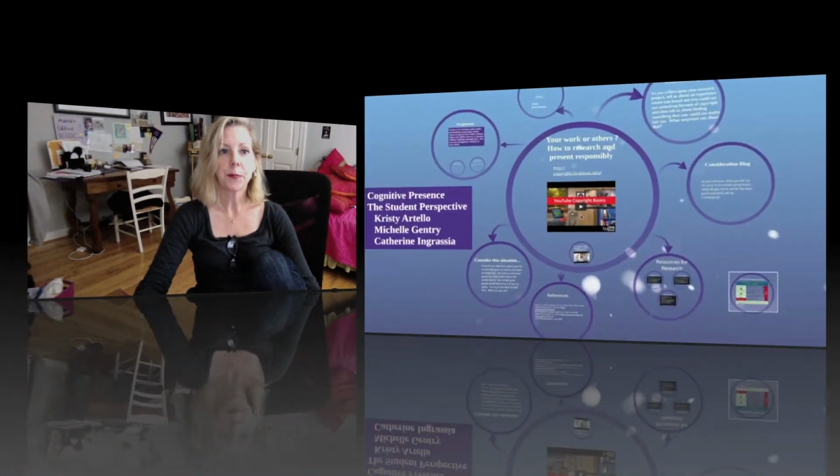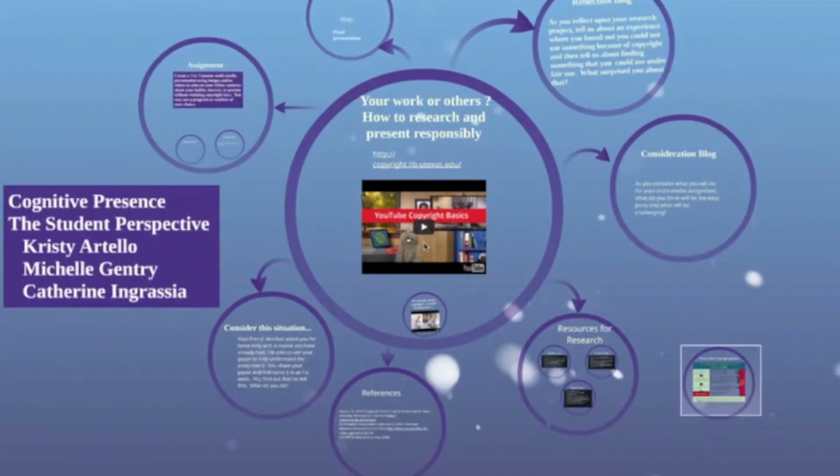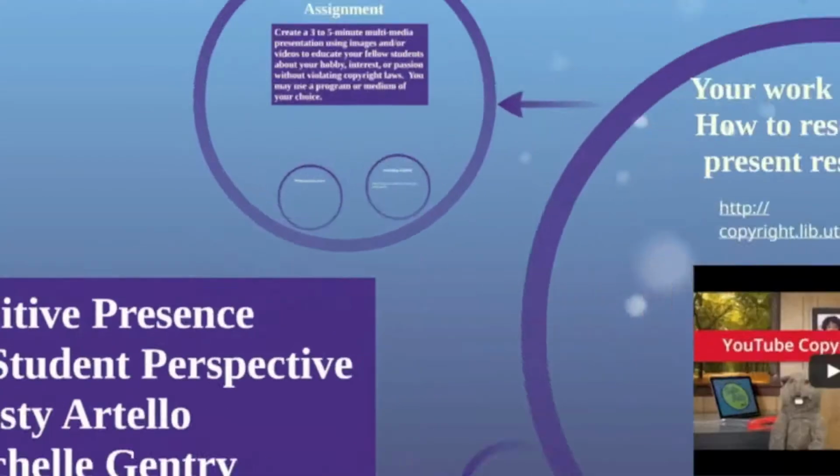Right now, I'd like to provide a brief overview of the materials we've assembled for you so you have a good sense of where you go from here. So let's get started. We've created a Prezi for you for this unit, Unit 4, Your Work or Others: How to Research and Present Responsibly, in order to put all of the material that you need in terms of the assignment, the blog pieces, and the resources that you need all in one place. So to begin, if we look at the assignment itself,